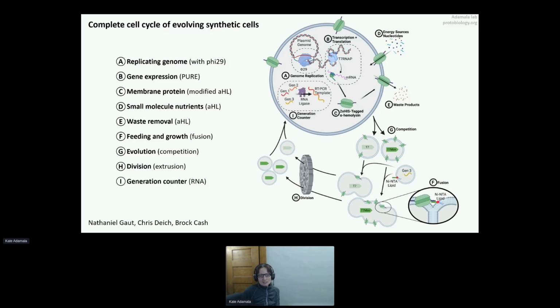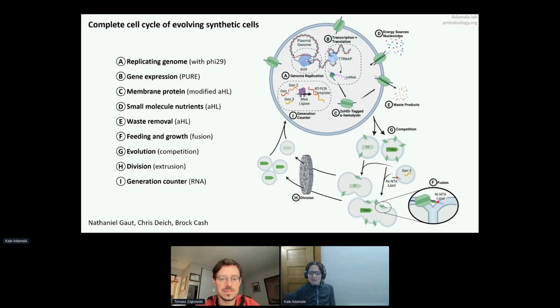And then at the end, we developed a so-called generation counter to make sure that every cell in our system goes through actual 5, in our case, it was 5 cycles of that complete cell cycle. We divide manually, and then to annoy our alien neighbors that are going to stop my internet again, I will not talk more about the experimental details of this. Just the one experimental detail that I really want to mention is that we do have a generation counter, so we can tell for sure that cells do undergo all of those cycles.